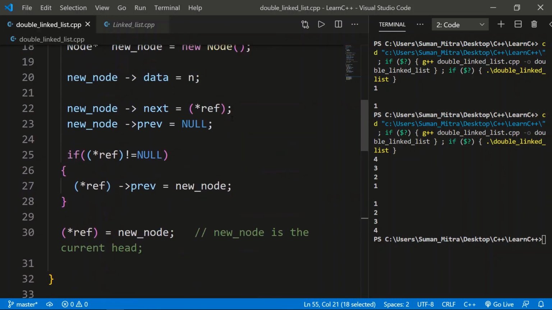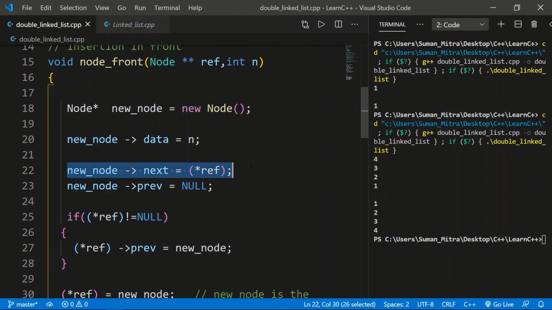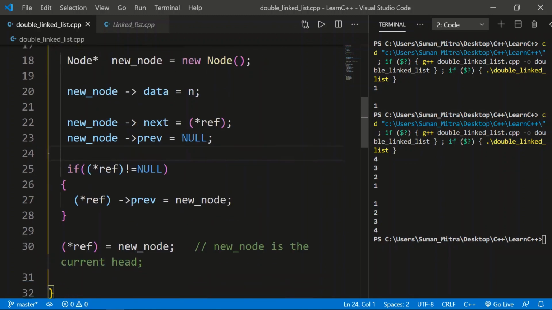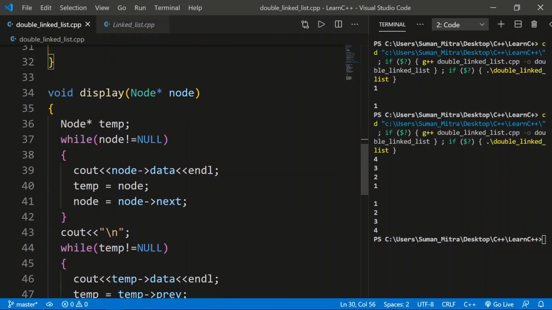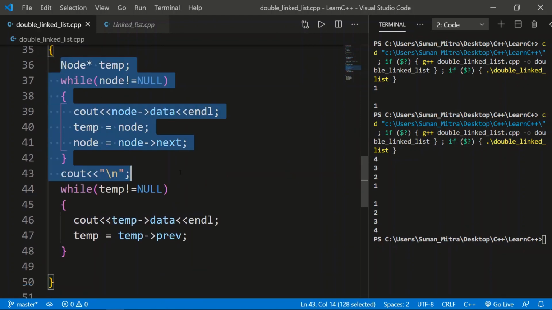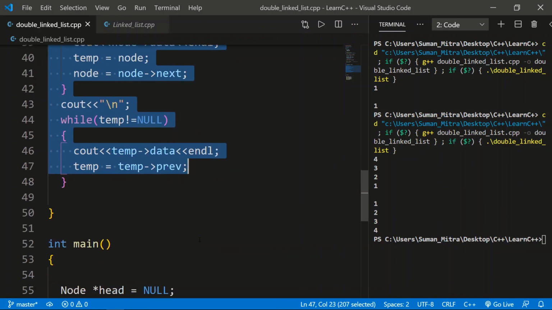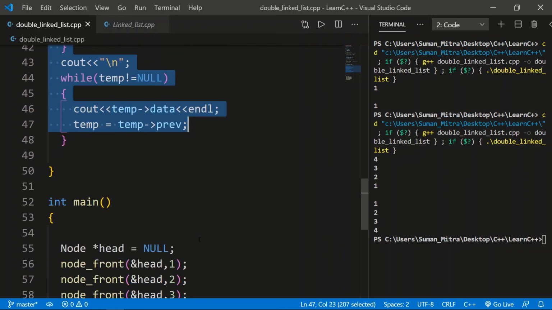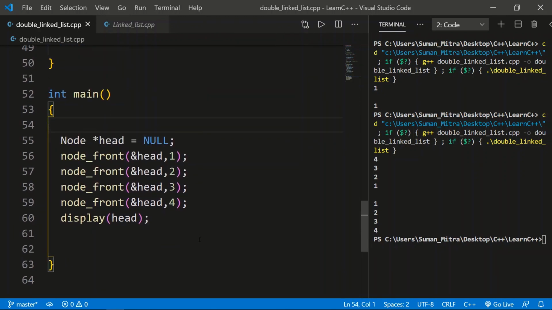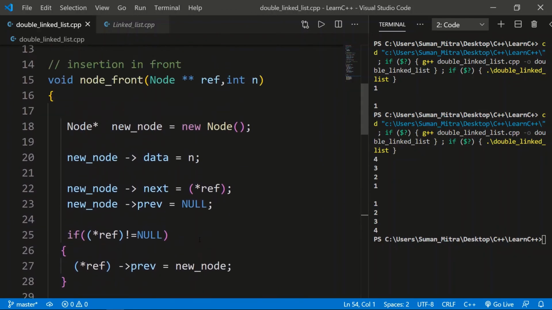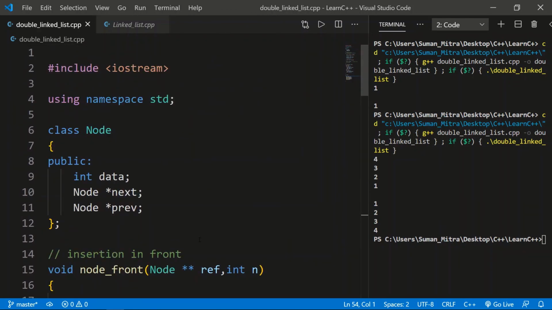What we did here is that we created a new node called new node, and inside the new node we passed the data that was in the argument, and the new node's next will point to the head that was earlier, that was automatically created in the int main. You can see this is the first node that was created. The new node will point to that node, and its previous will point to null because in a double linked list, the previous of the first node should be null, and this is just changing the value so that it becomes the previous of the head. Now the current head should be the one that was recently created, and we just printed out the value. I hope you got this, just printing out the data that was inside it.